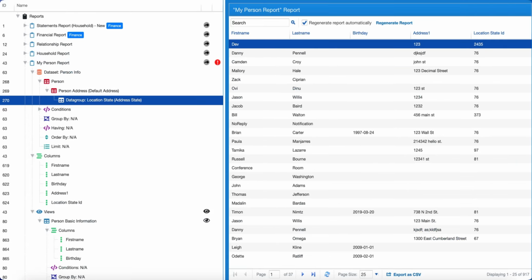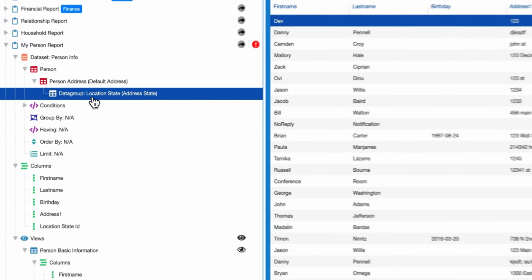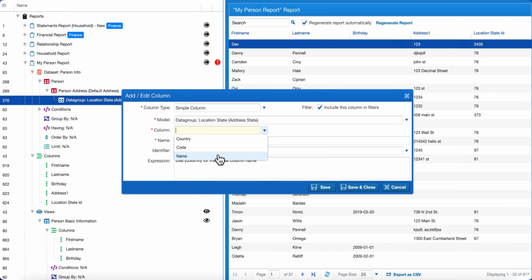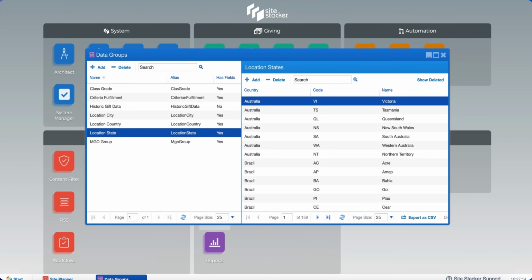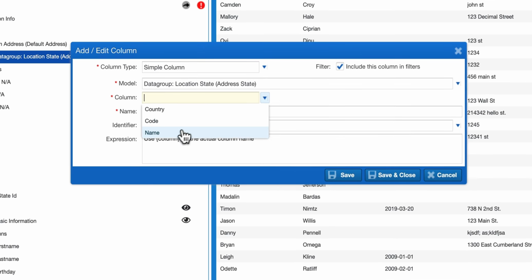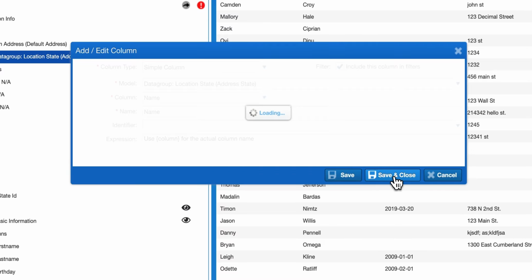If we jump back into our reporting tool and right click on the table to add a column, those are the same columns that we see here. So this gives you a connection point between the BI tool and the actual components that it's looking at. In our case, we want to add the name column. So if we click on that and save and close,